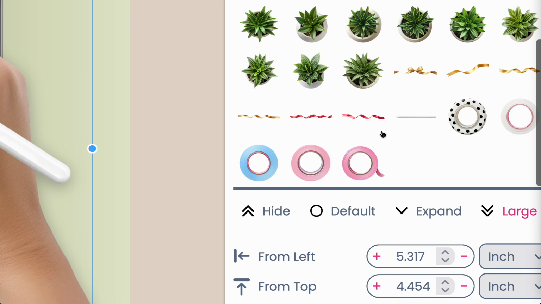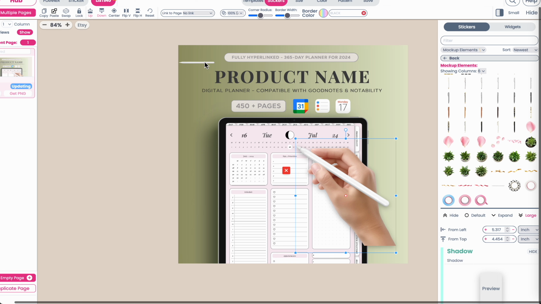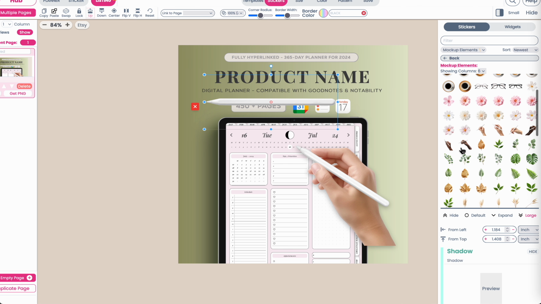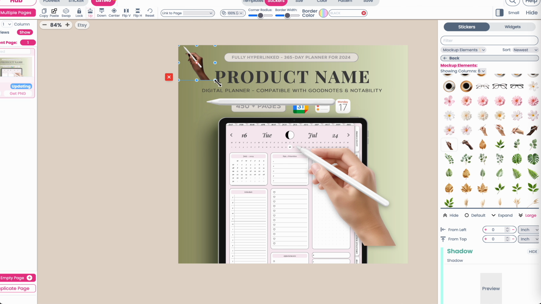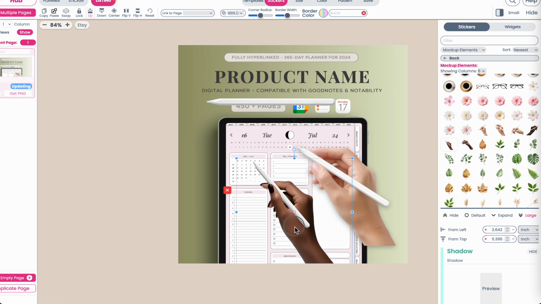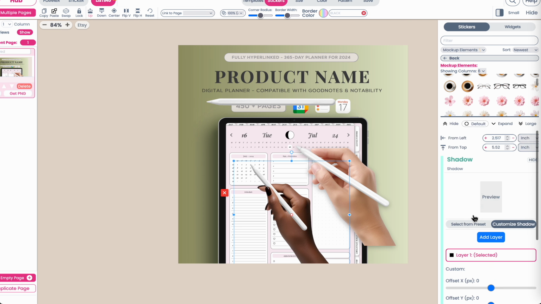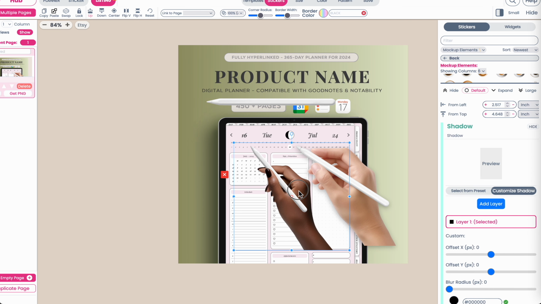We also have the iPad pen. So right here is the iPad pen. If you want to add one to your listing images, you can do that as well. Then the hands are up here. We have hands in both colors, so dark and light hand color right here. Then for the elements, to add a shadow onto it, what you want to do is you want to go here, you want to first select it,